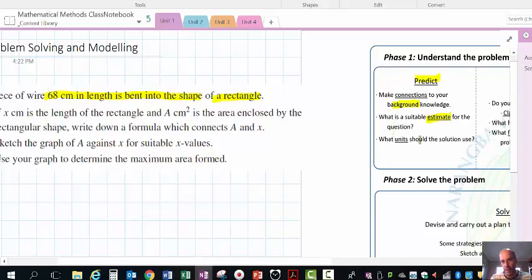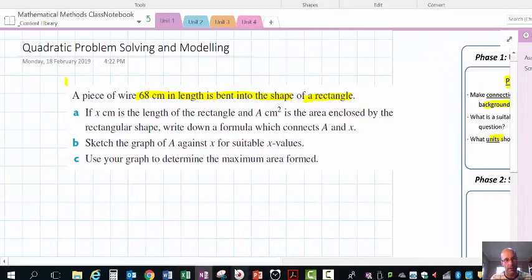And can we estimate an answer? Maybe we can. And what units? What would we expect? Now predict, you can't get predict wrong. Predict is just to get you thinking in the right direction and get students engaged in the question. So I'm thinking we might be looking at a rectangle with a perimeter,